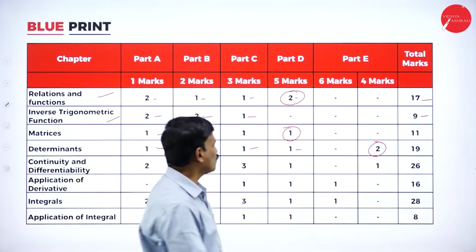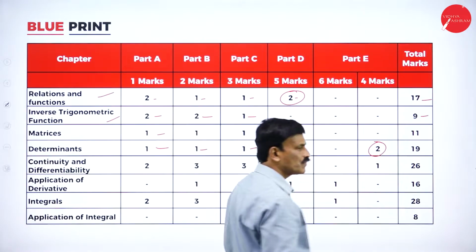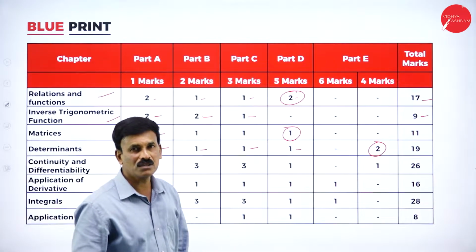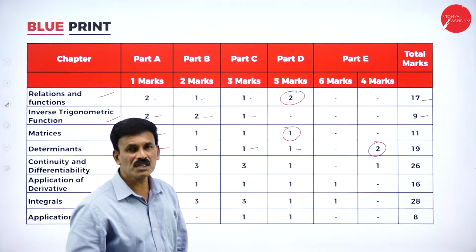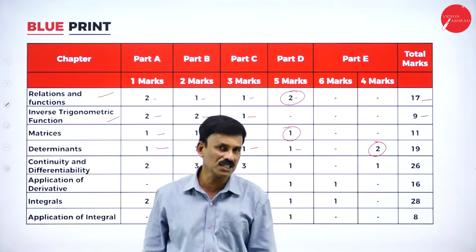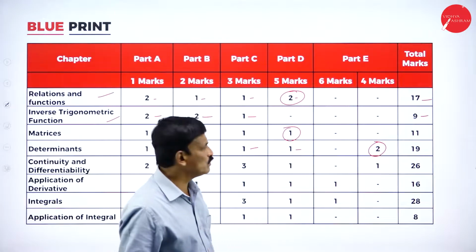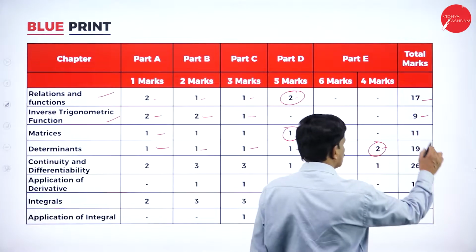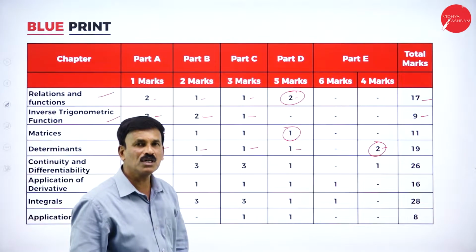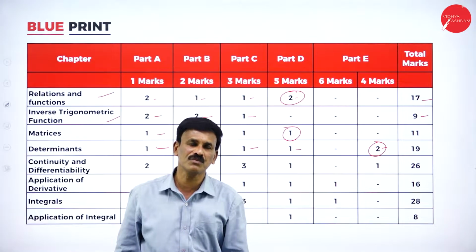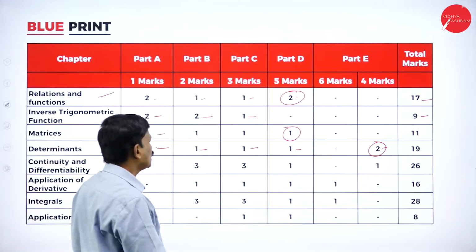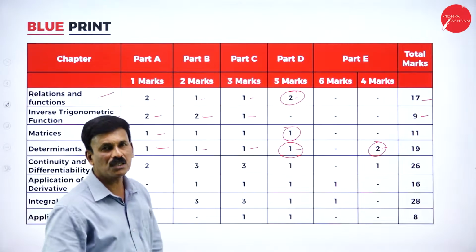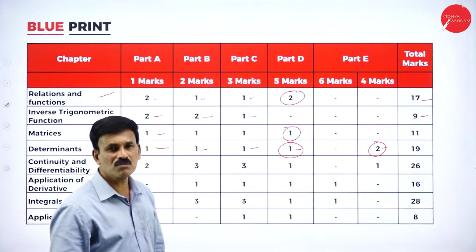Usually the 4-marker question here may be from finding the inverse by Cayley-Hamilton theorem, that is finding the inverse whenever the given equation satisfies the given condition. Another problem you will get is from the properties of determinants. So you will get two 4-mark questions, one from properties of determinants and another from invertible matrices. And for 5 marks definitely you will get a question from the matrix method, solution of a system of equations